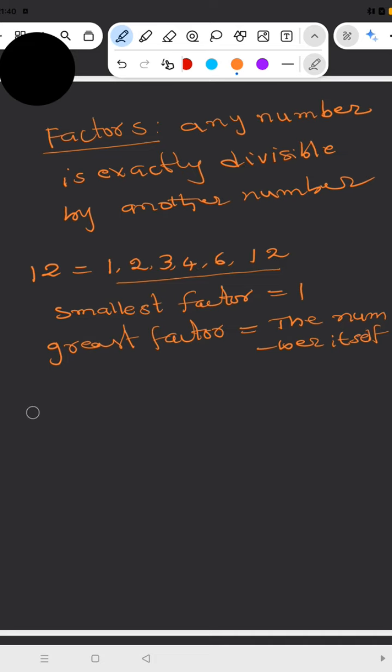For example, if you take the factors of 18, 18 is divisible by the 1 table, 2 table, 3 table, again 6 table, again 9 table and 18 table. If you take 10, 10 is divisible by the 1 table, 2 table, 3 is not divisible, 4 not divisible, so 5, then next 10. So these we call factors.